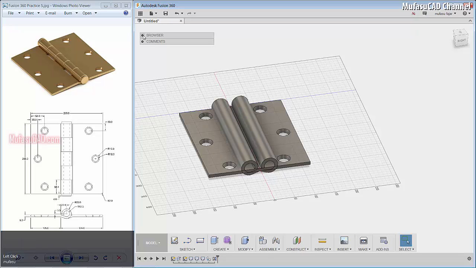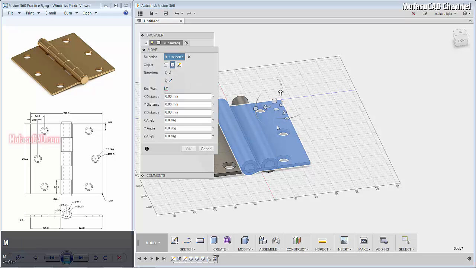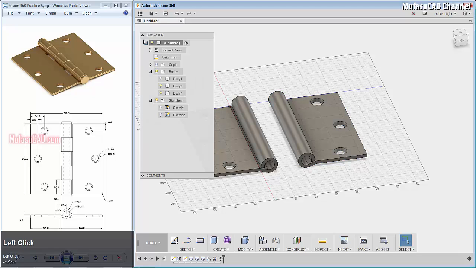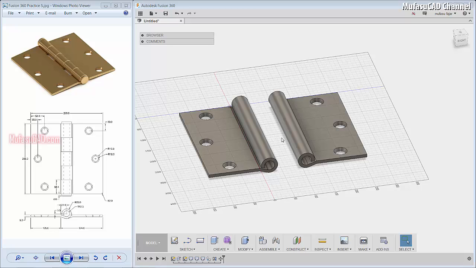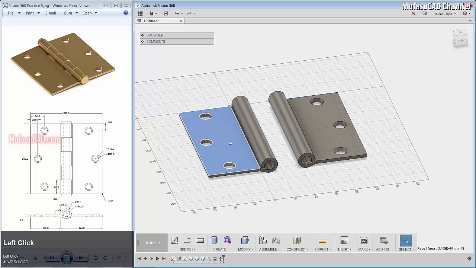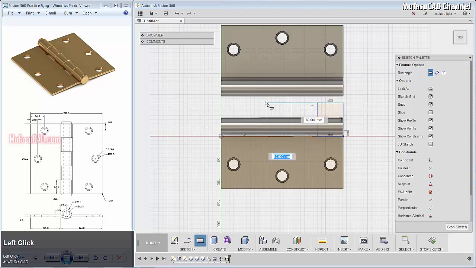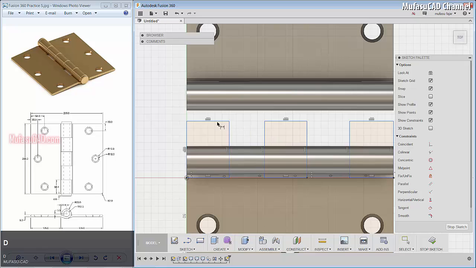You can click here again, select body 7 here, and then move this object to the right here. And okay, and we minimize the browser again. Next, I will create a rectangle from this face. You can select this face and create a rectangle from here to here, and then from here to here, and then from here to here. Okay. Next, we give a distance dimension for this rectangle about